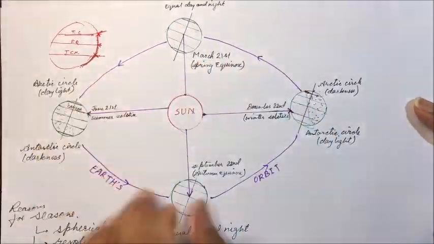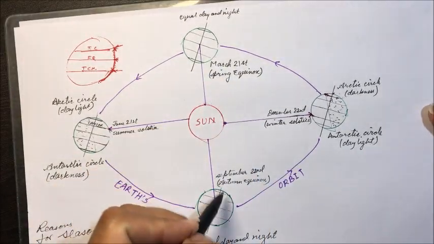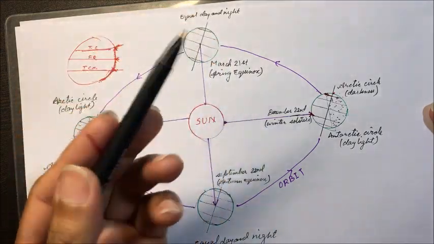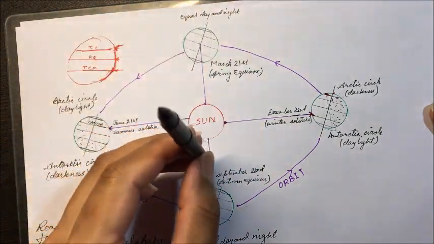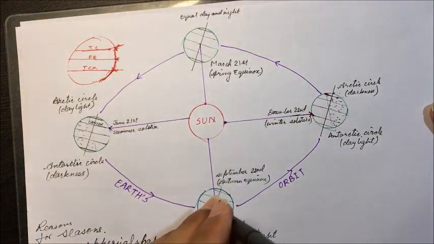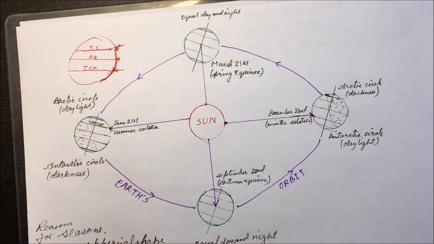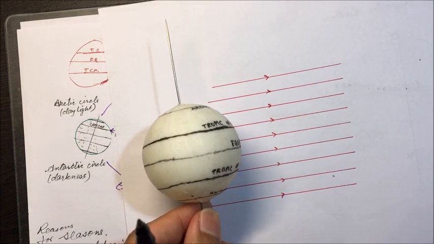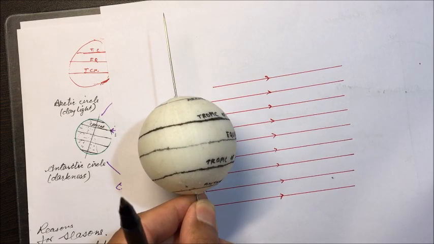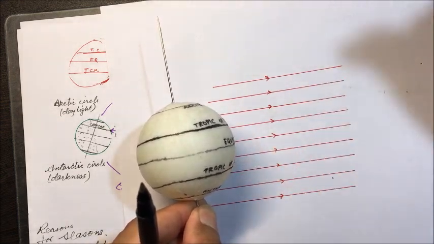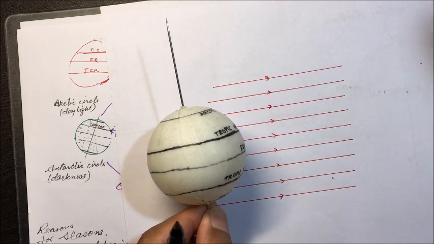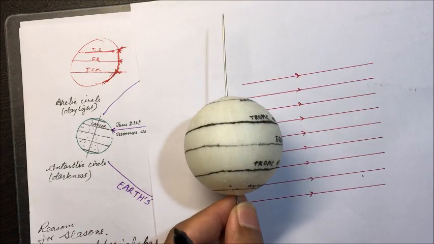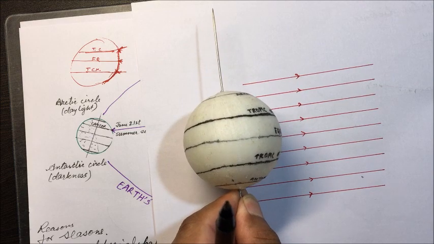Last time we discussed the formation of the seasons. On the equinoxes, that is on March 21st and September, the axis is like this, so the rays fall directly on the equator. Similarly here, the rays fall directly on the equator. At this point of the year, the declination angle will be 0 degrees. For example, if we start from March, on March 21st, the angle of declination will be 0 degrees.